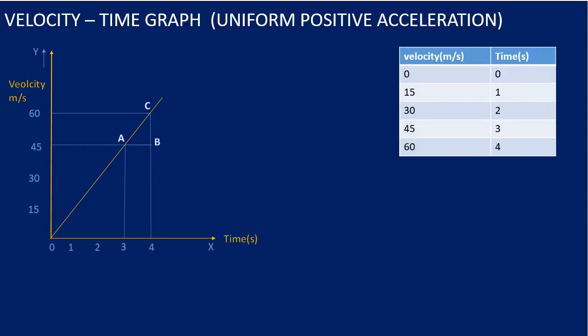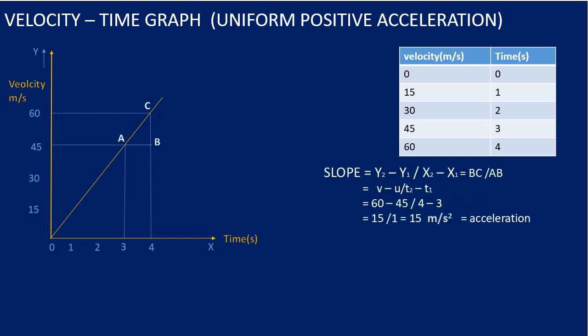You can see that this object is having a change in velocity of 15 meters per second in every second. So when we plot the graph for this data by taking time along the x-axis and velocity along the y-axis, we get a straight line that is passing through the origin. So this object is having acceleration. So we can find out the acceleration of this object at a particular time interval. How? Yeah, by taking the slope of the graph. So you know children how to take the slope. Take any 2 points, and here I have taken 2 points, that is A and C, and take the corresponding y values and the x values.